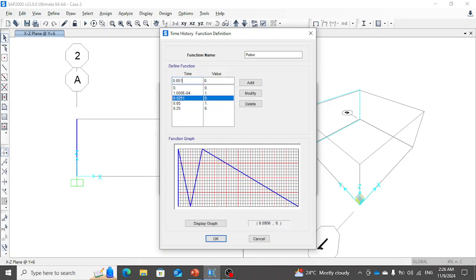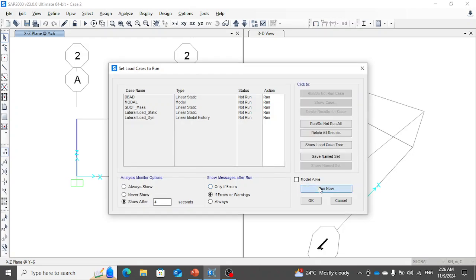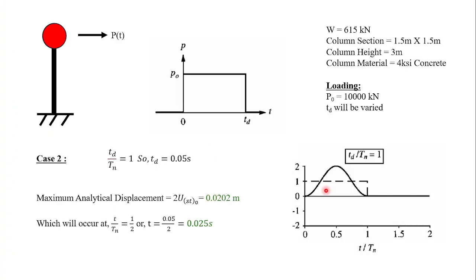And limit to be 0.051. So now it's like this. Then we'll run the analysis. So this time we are supposed to get the same values at the same time instance, but the curve will